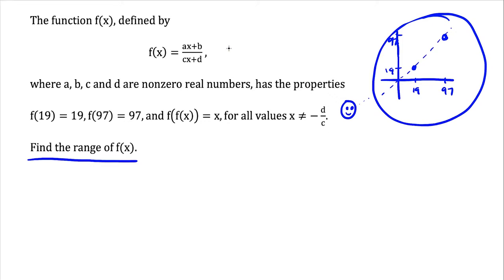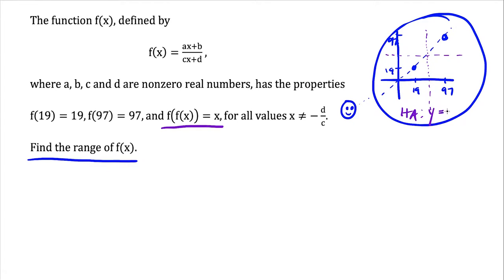Another thing that jumps out about this function is that f of f of x equals x, which means this function f is its own inverse, except at x equals negative d over c, where the function is undefined. So we have one location where the function is undefined, and that's going to make a vertical asymptote. But we're also going to have a horizontal asymptote,